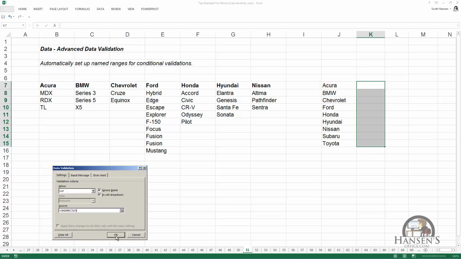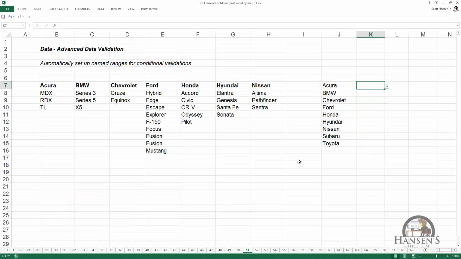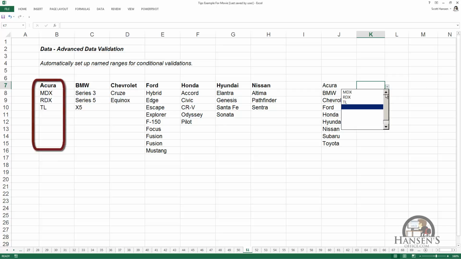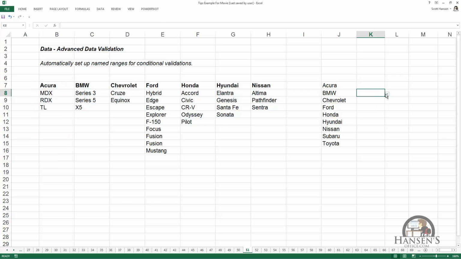So I'm going to left-click OK, and I've constructed a validation rule in each one of these cells so that Acura, which is the value to the left, displays for me in this cell valid entries that have to do with the models that are made by Acura. When I go down a cell, I now get valid entries that are associated with the models that are made by BMW. Now, we have a lot of blank fields below the valid selections, and we can get rid of